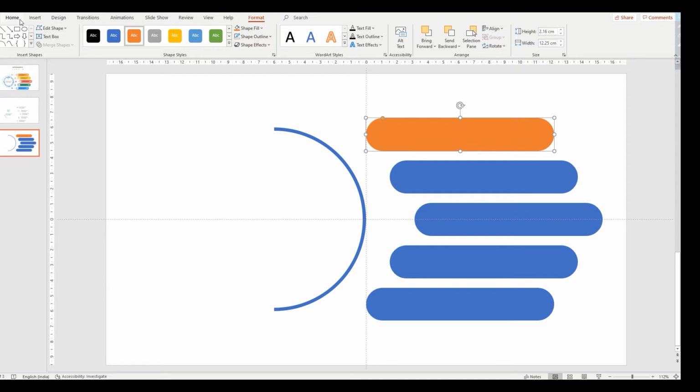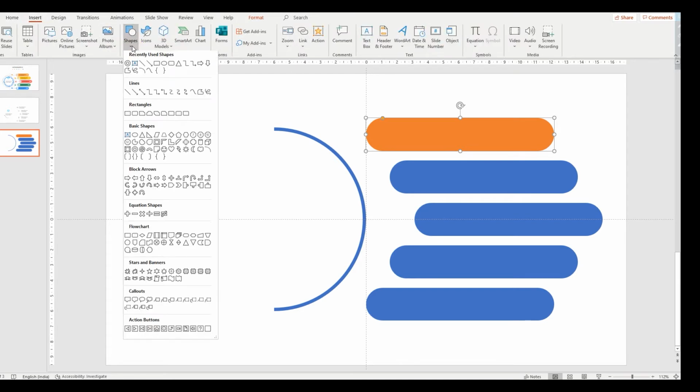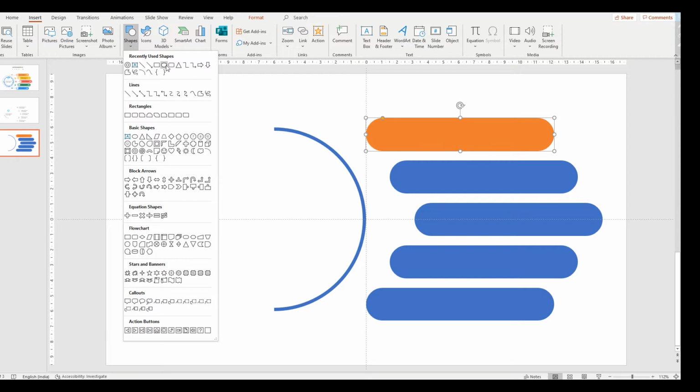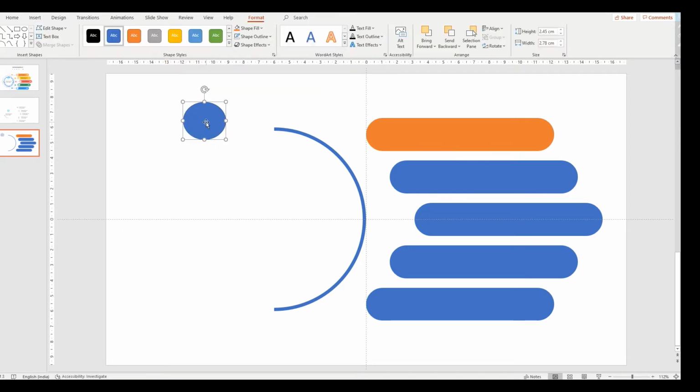The next what we are going to do, insert some shape, oval shape we are taking. Make the size, better make it 1.7. Yeah, now it is okay.